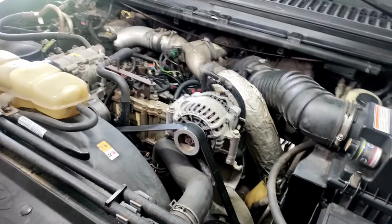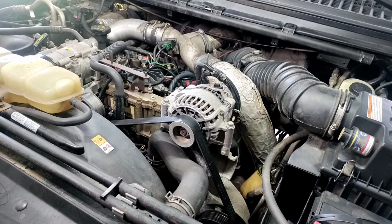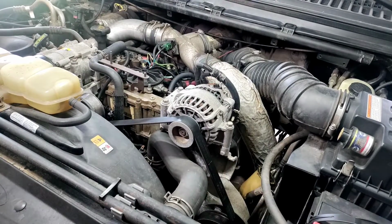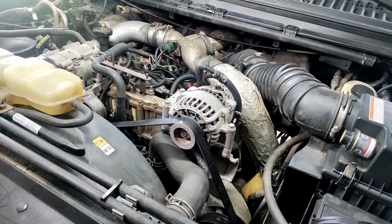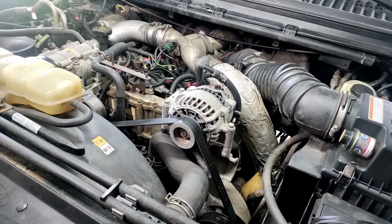I am not at all a diesel guy. This is totally out of my league. I guess because I'm just intellectually lazy, I refuse to want to know anything more about a diesel. But this is my brother's truck, and he bought it for several thousand more than I paid for another one. Long story short,